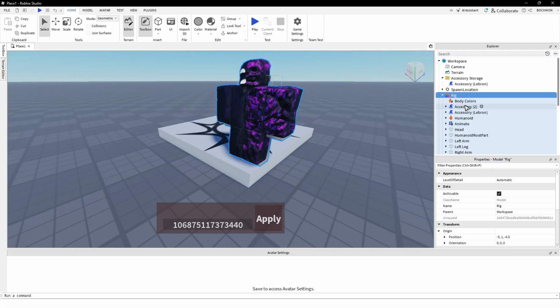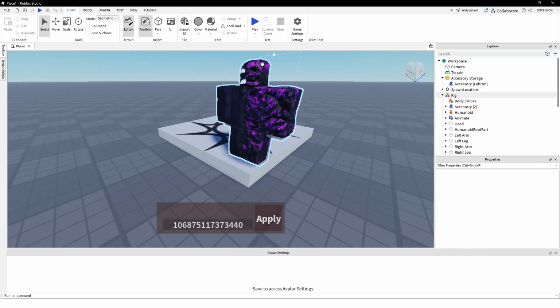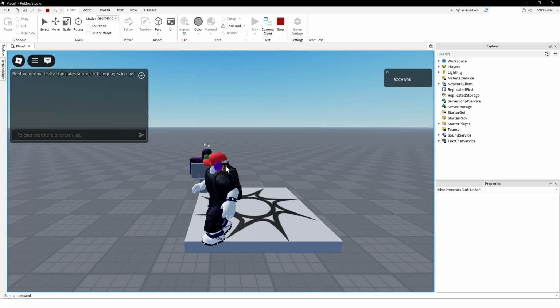You can go ahead and actually go to the Explorer right here and delete any added content that you don't like. For example, the LeBron James head. Like so. That is how you add clothes to a dummy here in